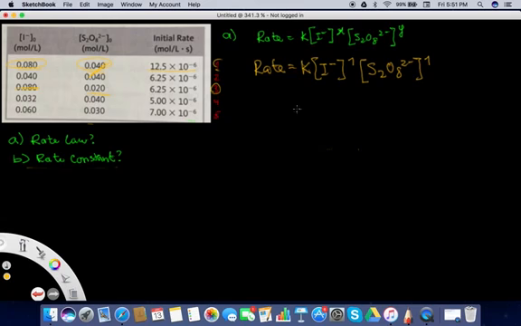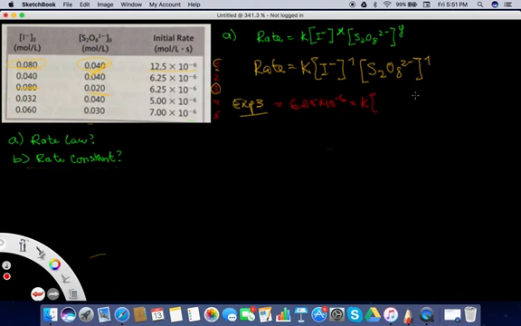And now we'll test two experiments just to prove that our k value will be the same no matter what experiment we test. So let's try experiment 3 and experiment 5, two experiments that we really didn't touch so far. So experiment 3 we'll use, and we'll solve for that first, and I'll do it in red. So the rate we get for experiment 3 is 6.25 times 10 to the power of negative 6, which is equal to a constant, times the molarity of iodide,